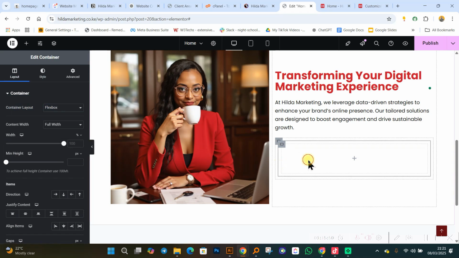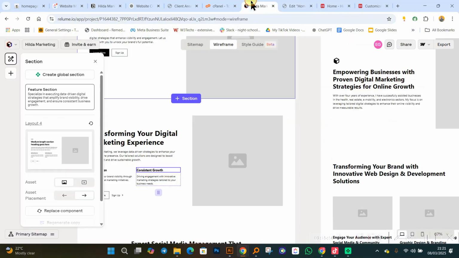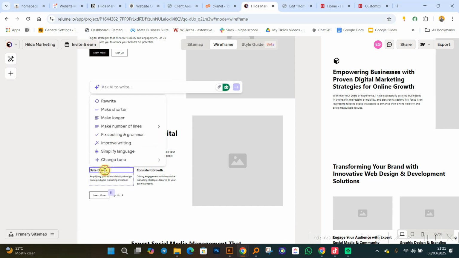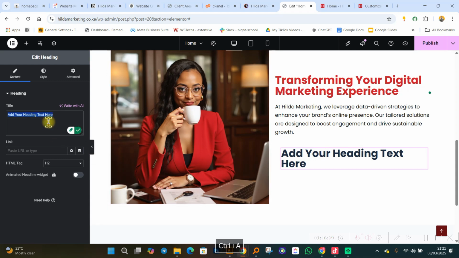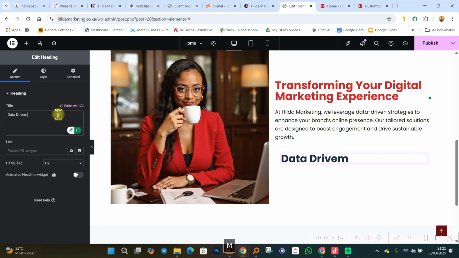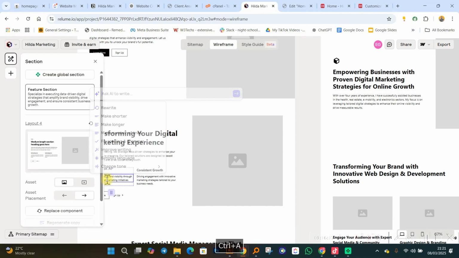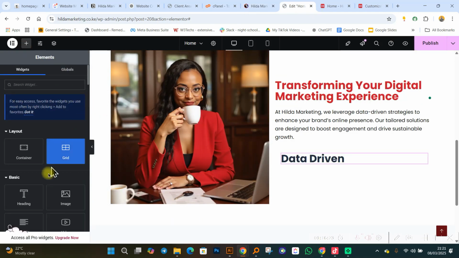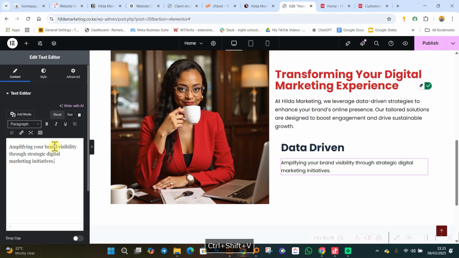All right? In this container, what do we have? We have a heading. Select it. This is the container. This is the heading itself. Data driven. So I'm going to type that in. Data driven. Sorry. And then we have the next text, which is this one. Copy it. And then I'm going to add some new text. So I'm going to come, nikuje niangushe hii hapa. Then I paste it like that.